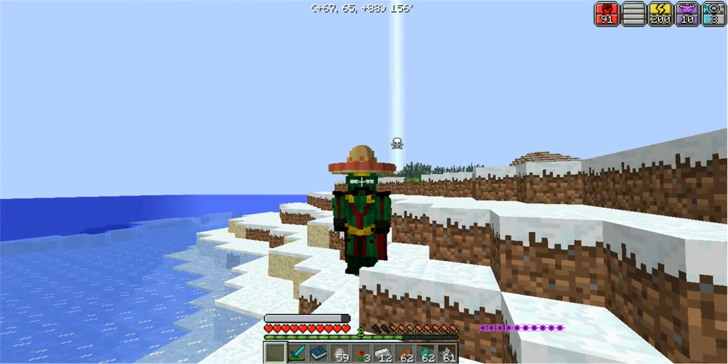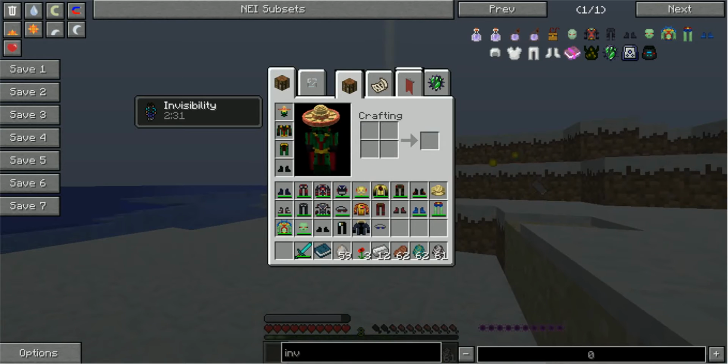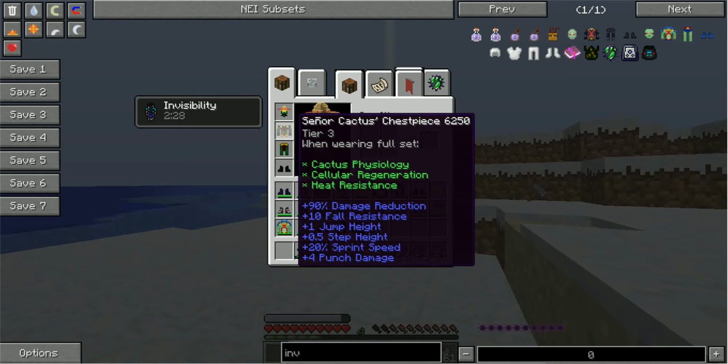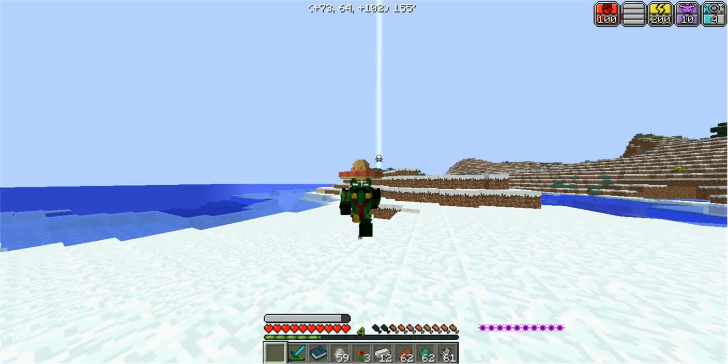And I'm guessing that I have a Thorns ability. Cactus Physiology, Cellular Regeneration, and Heat Resistance. And 90% damage reduction, that's pretty good. And fall resistance, so you won't take fall damage very much. Jump height, step height, sprint speed is more. You get a good punch, but